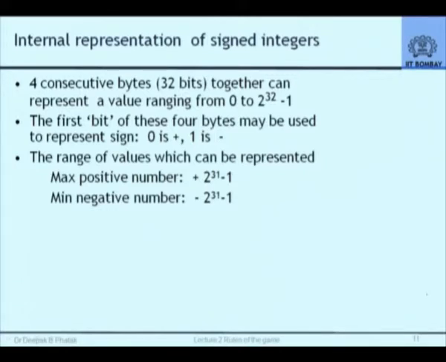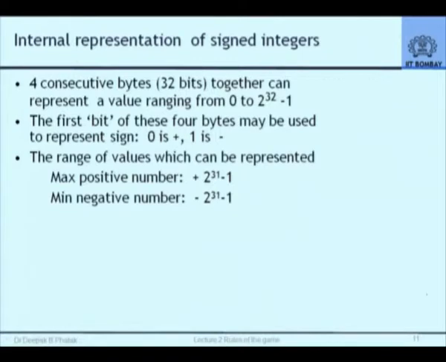But I want to represent positive and negative numbers. So intrinsically the circuits have been designed to permit handling of numbers where the first bit is not treated as part of the number. The first bit can be 0 or 1, and that is intelligently used to represent positive number or negative number. 0 means plus, 1 means minus. This is called signed representation. And the electronic circuits are capable of distinguishing between signed representation and unsigned representation.